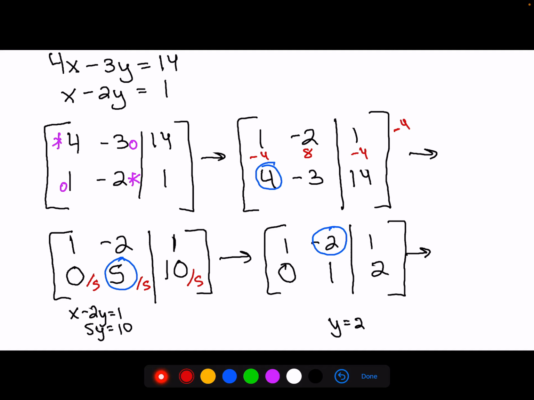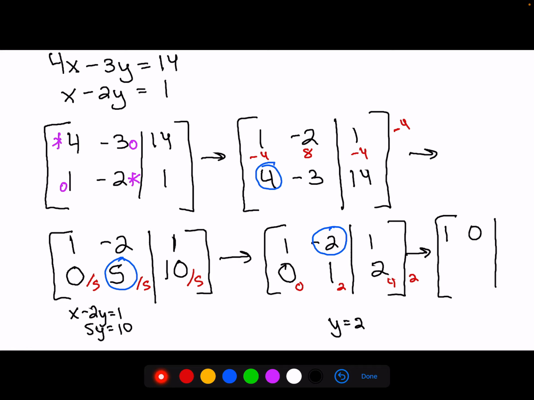All right, so what can we do to basically eliminate that -2 I circled? We want to get that to be a 0. But we could take this bottom row and multiply it by 2, so that we have a 0, a 2, and a 4. And then we can add that to that first row, so that we end up with 1,